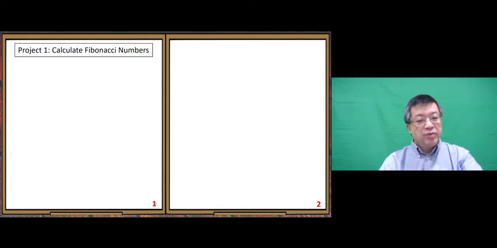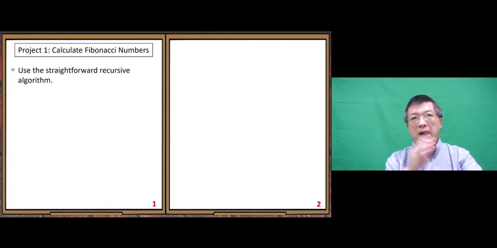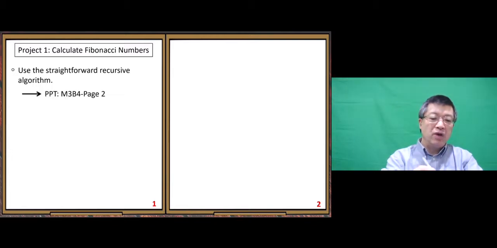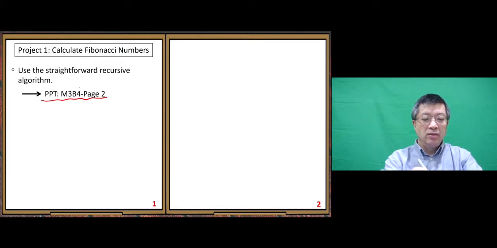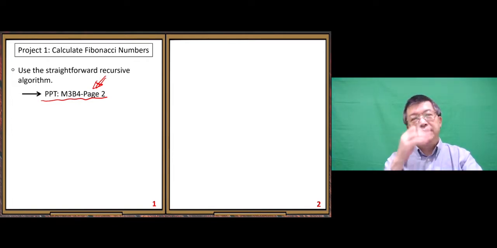For this problem, when we apply our first bad algorithm, the straightforward recursive algorithm, you just use our notes, Module 3, part B.4, page 2. The pseudocode is there. Just use that one. So you can easily write a program. But when you do the test,